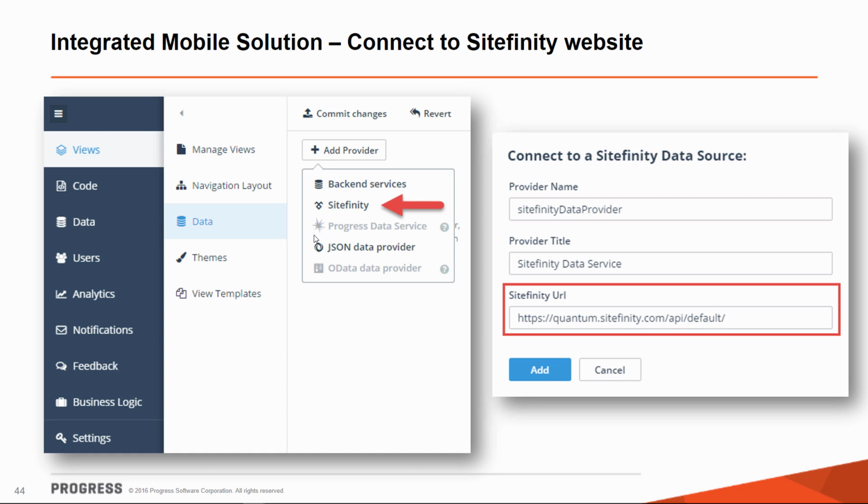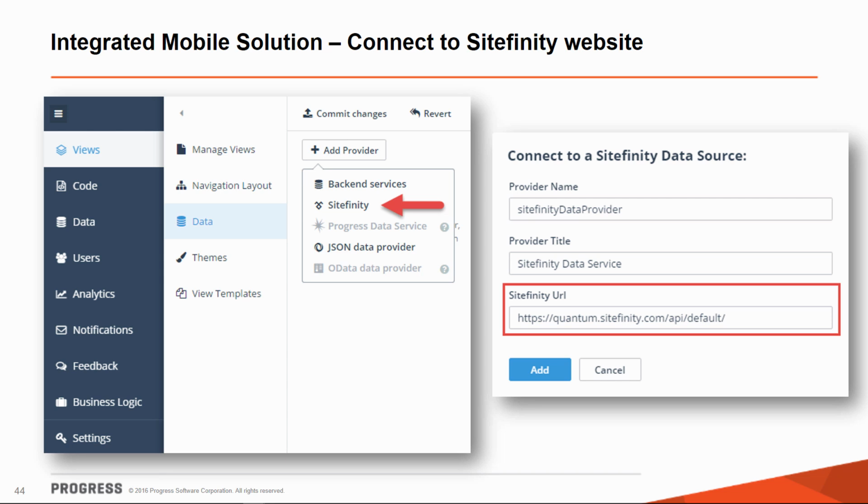Now, when you go to the Telerik platform to create a mobile app, all you have to do is connect to the Sitefinity website by adding a data provider, and here's the Sitefinity name for it, and then all you need to do is specify the URL to the API for the website where you can consume the content.